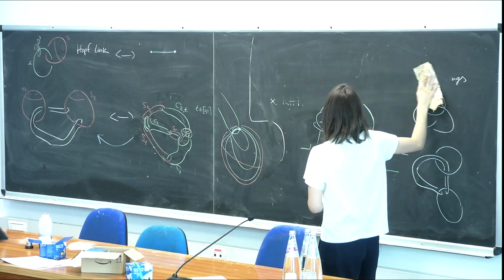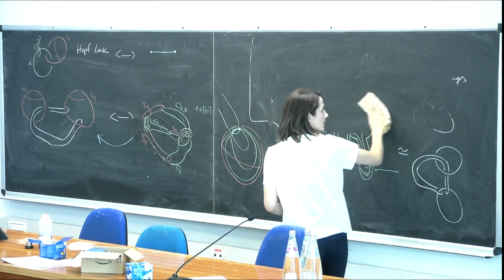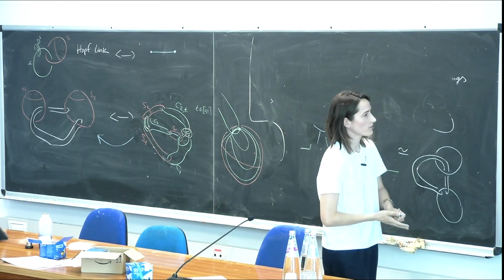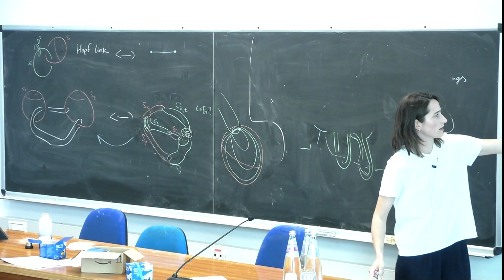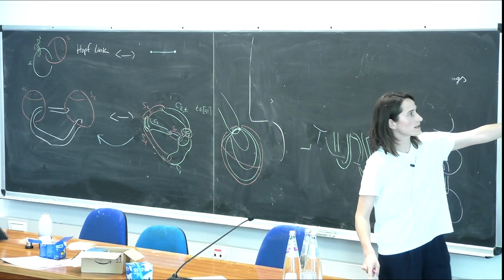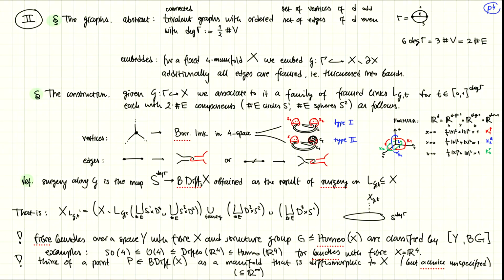I guess I should be finishing, right? Okay, so maybe then I'll just explain the end of this slide. This is what I wrote here. Surgery along this Watanabe's clasper, Watanabe's link, is going to be a map from a sphere of certain dimension. Because I did just the theta graph, right? In the theta graph, I had just one parameter because I had one trivalent vertex where this happened. But in general,